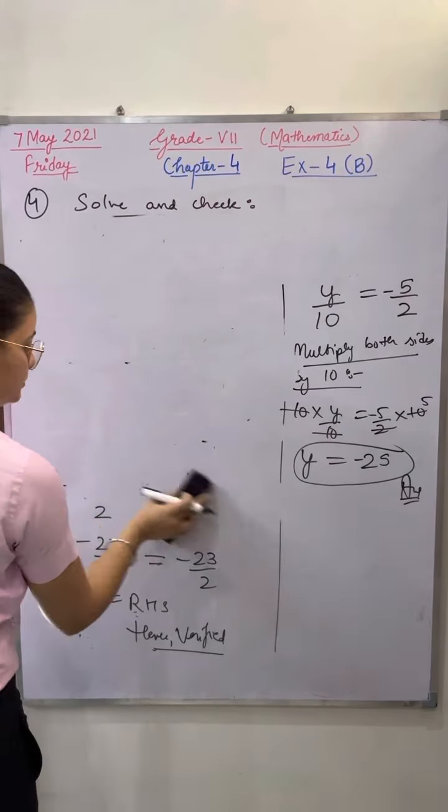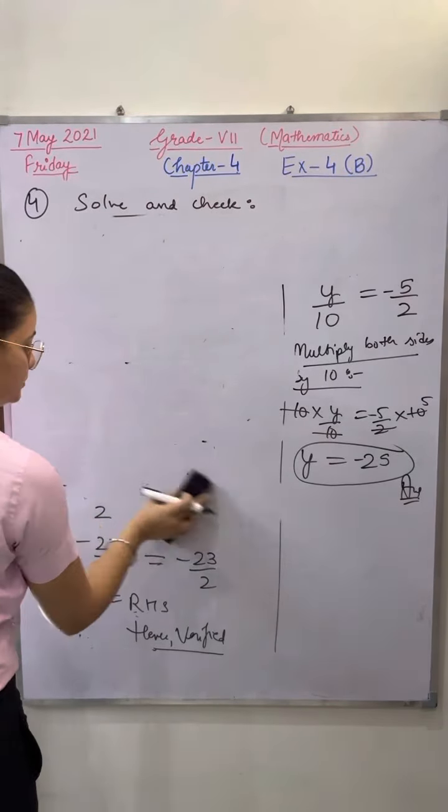Now the next part I'm doing, suppose part 9th: m minus m divided by 4 is equal to 7 by 2 plus m divided by 4. Again I'm going to tell you that in this question, first of all check: on your left hand side, is any constant value there? No. This is a variable value.